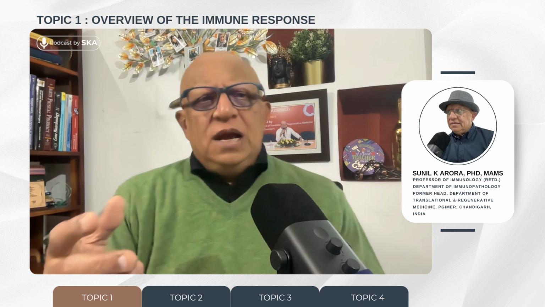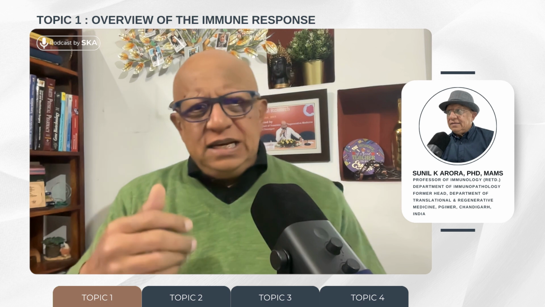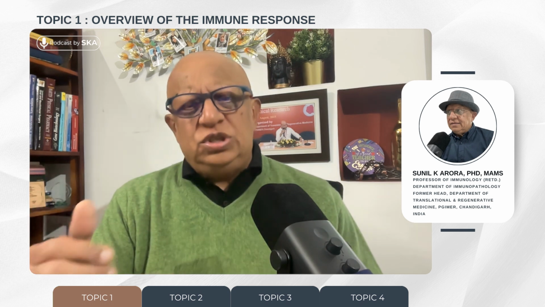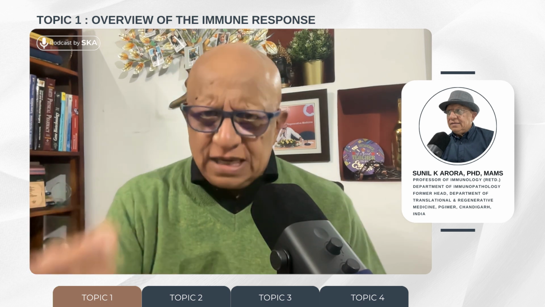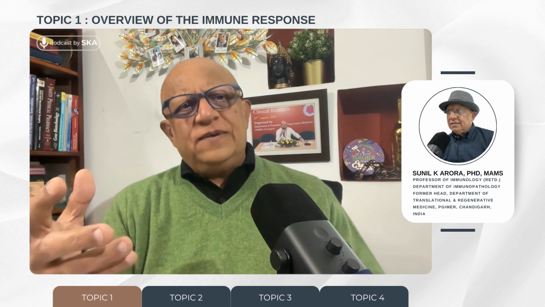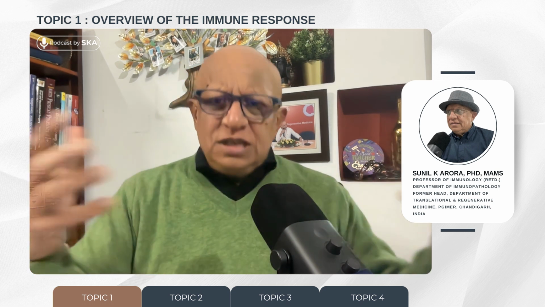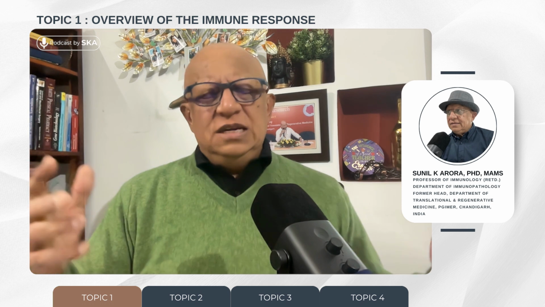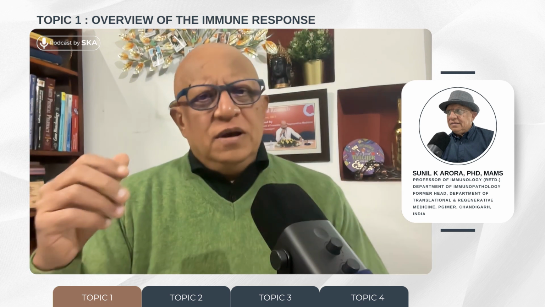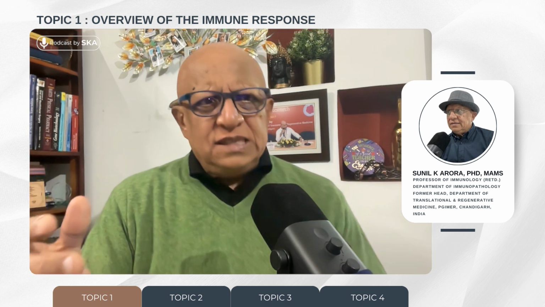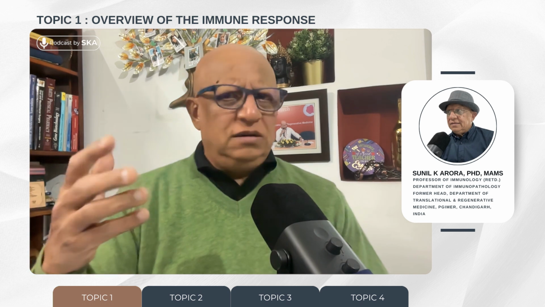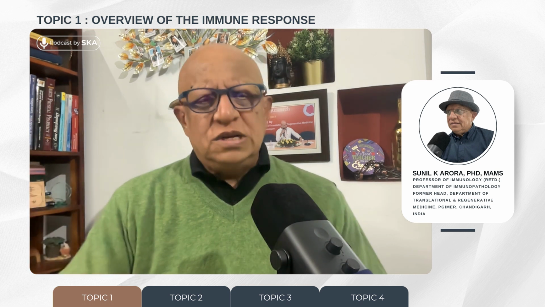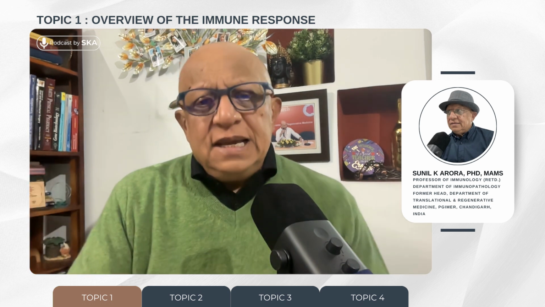And then some of these T cells interact with the B cells, which are antigen specific B cells. They carry the receptor on their surface, and on activation the B cells also clonally expand, and some of these cells differentiate into antibody forming plasma cells, and then a lot of antibodies are produced. So now let us think that